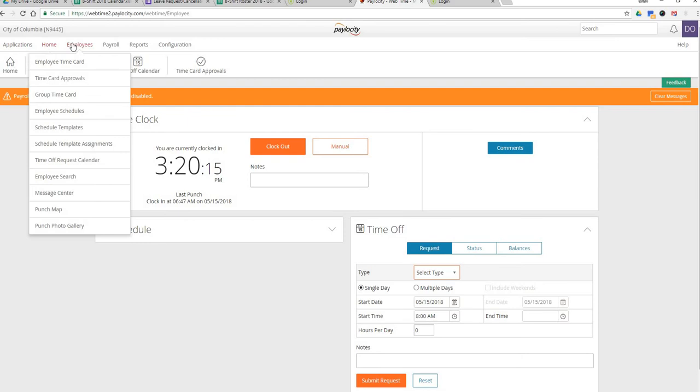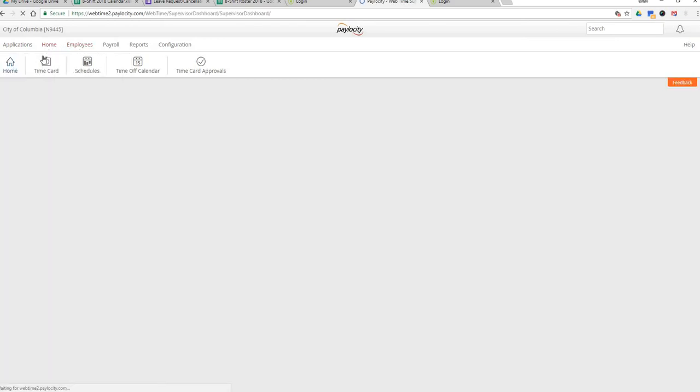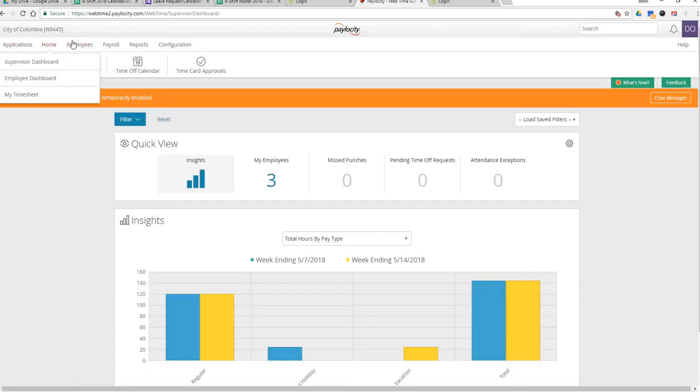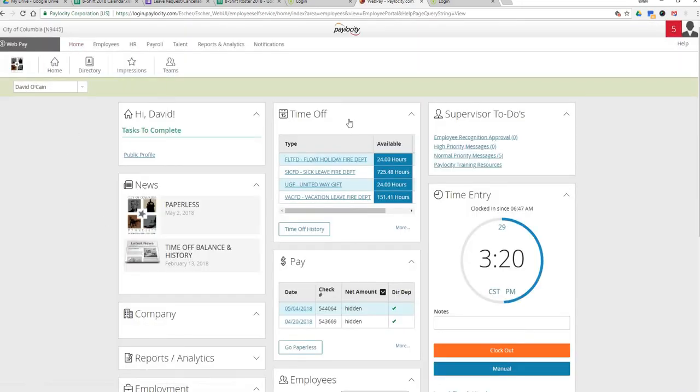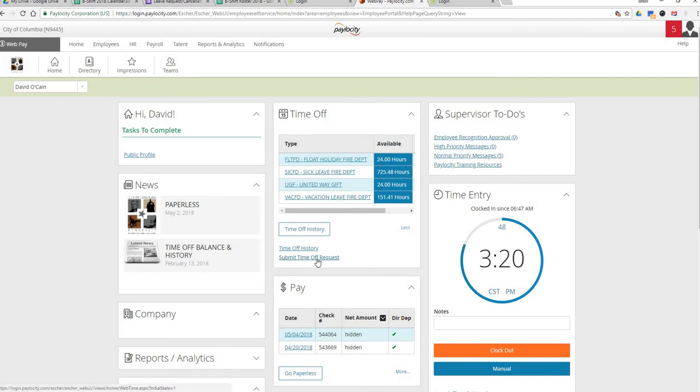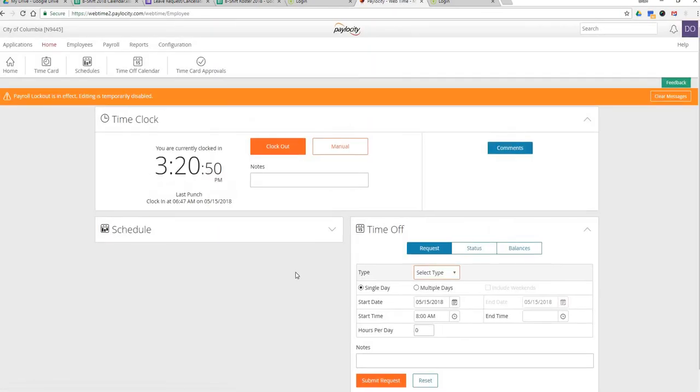So let me go to my dashboard. No, that's not it. Where is it? There. Okay. Once you've logged in, this is the dashboard that shows up on my screen as soon as I log in. There's probably a couple ways you can get to here. I usually go to the time off box. It may be in a different area of your screen, but in the time off box, I go to more, submit a time off request, and then